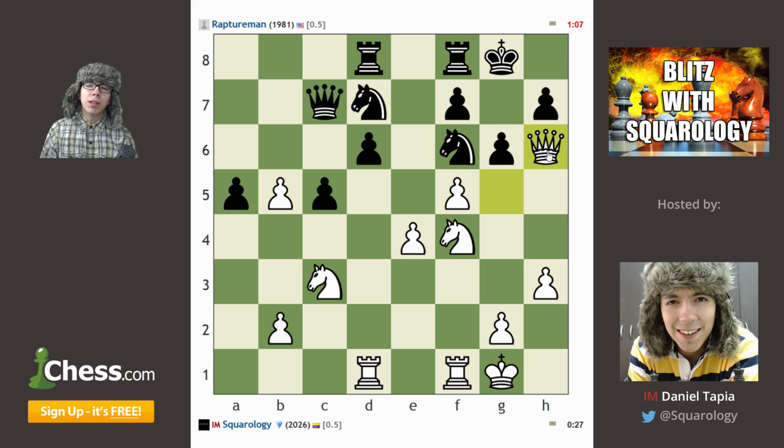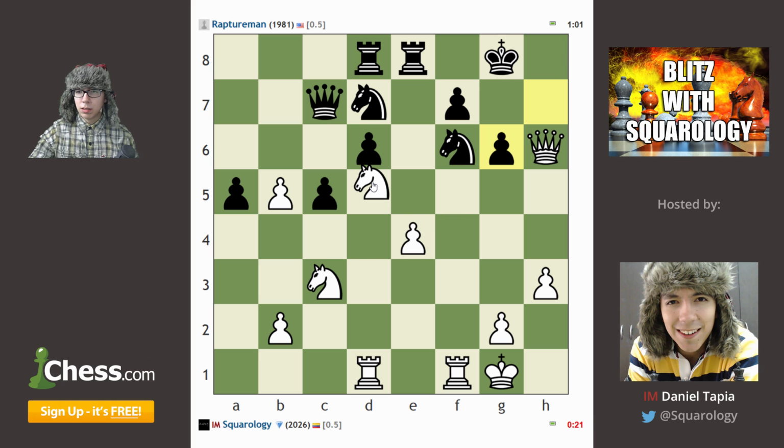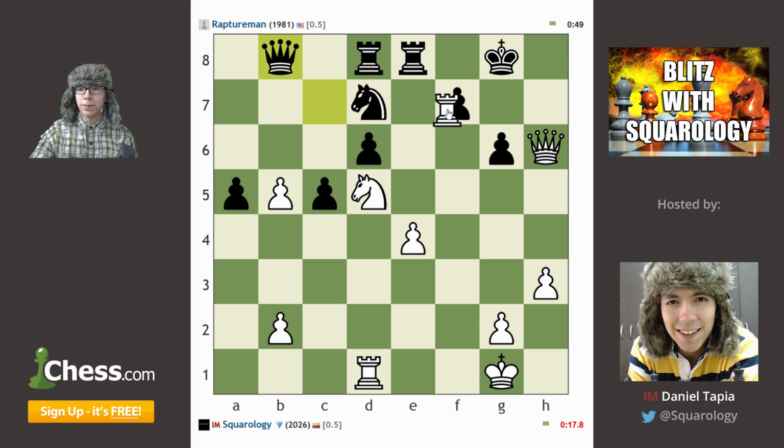Instead, I kind of just like bluffed him into taking on H6. It's kind of a bluff. There's no way he survives this. Not now. Not now. I mean, this is something that you wouldn't even have to calculate. The queen is en prise. That's the correct pronunciation, by the way. En prise. French people can